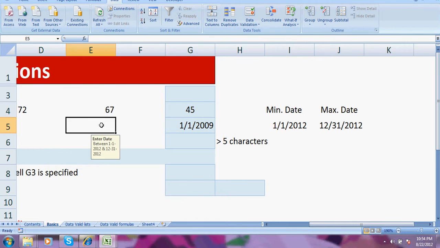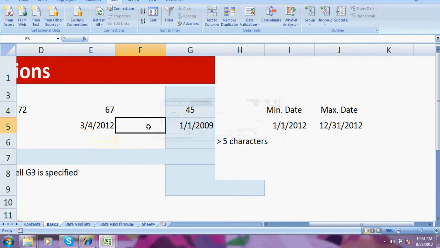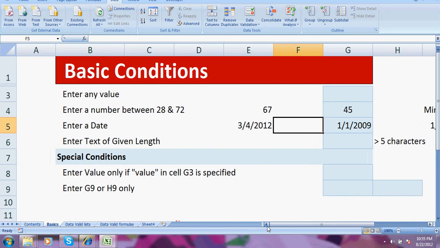Okay, so enter a date between 1/1/2012 and 12/31/2012. Let's assume I put 3/4/2012, Excel is allowing me to enter the date. If instead of this 12 I make it 13, Excel won't allow me to enter the data. Okay, so this is the way data validation prevents